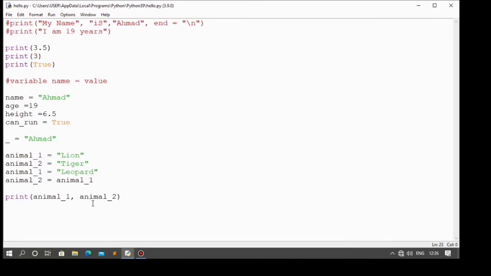Let's talk about the input function. The input function is the input instruction that allows a Python program to perform an input operation. It allows a user of a program to give an input through the use of the keyboard, and it captures whatever the user inputs. So let's say my name